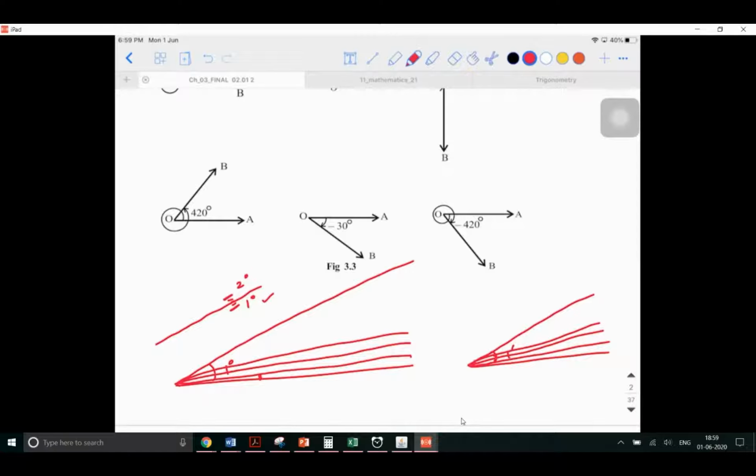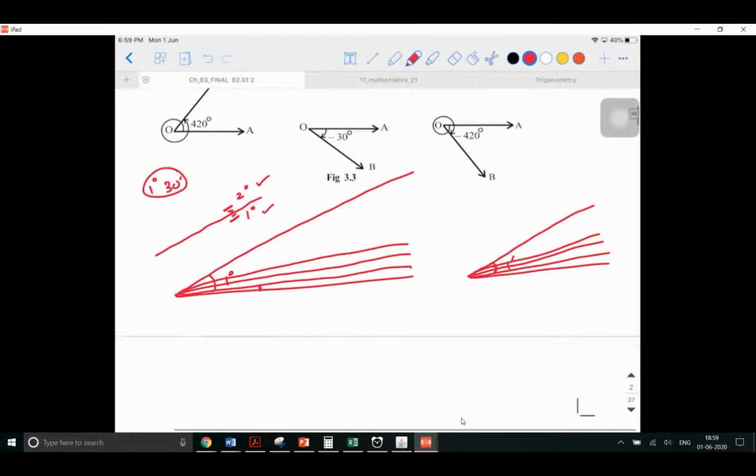No need, right? Because between 1 degree and 2 degrees, how many divisions are there? Each 1 degree is divided into how many divisions? 60. So if it stops at this particular line, I can be more precise. Rather than reporting the answer as 1 degree, if I report it as 1 degree 30 minutes, my answer is more accurate. You're able to understand? It is to bring in this particular accuracy that this kind of division has taken place. I'm repeating it again to put it in very simple terms.